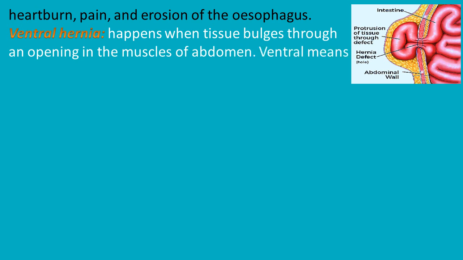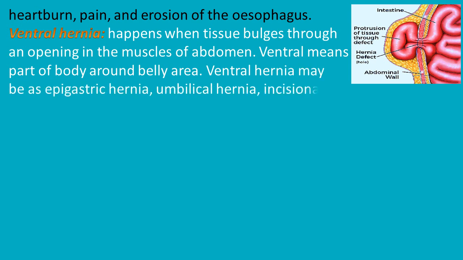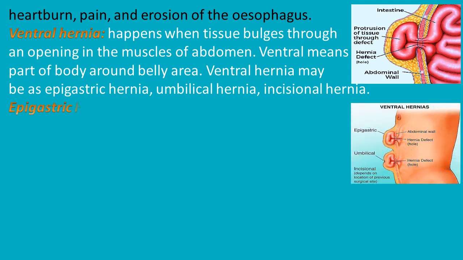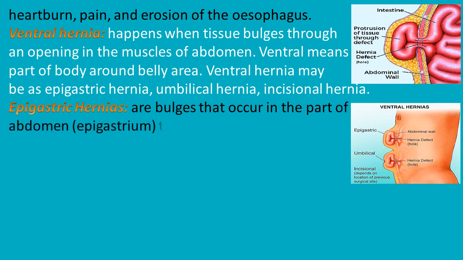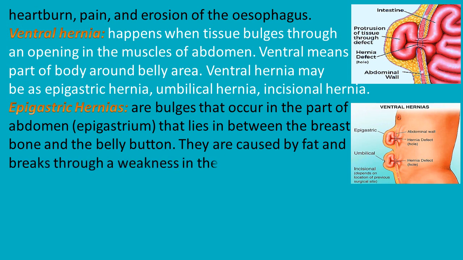Ventral hernia happens when tissue bulges through an opening in the muscles of the abdomen. Ventral means the part of the body around the belly area. Ventral hernia may be an epigastric hernia, umbilical hernia, or incisional hernia. Epigastric hernias are bulges that occur in the part of the abdomen, the epigastrium, that lies in between the breastbone and the belly button. They are caused by fat that breaks through a weakness in the abdominal wall between the umbilicus